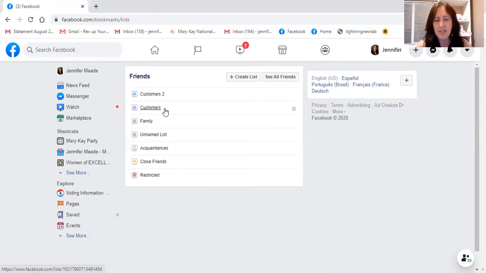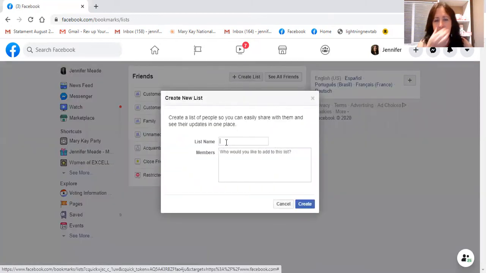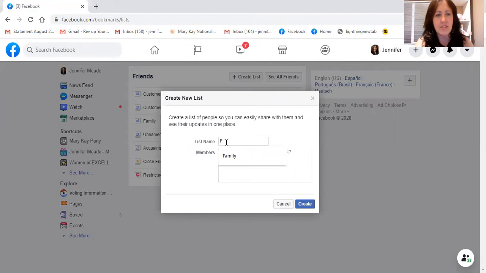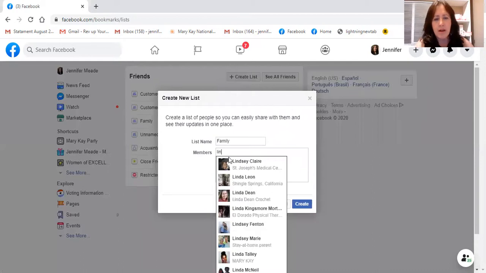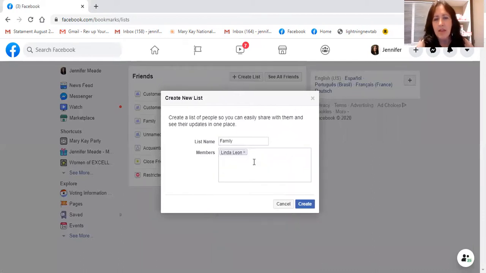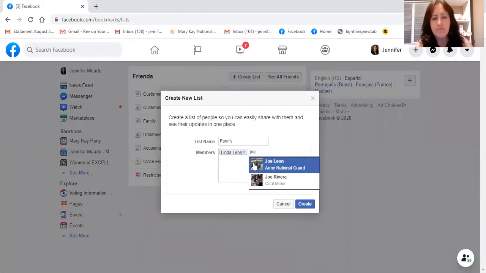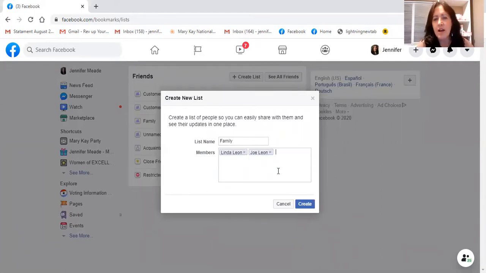So I created this customer list and this customer to list. So what you do is click create list, and you can name the list. I know I'm going to do one eventually that says family, even though there's a family in here, but anyway, it doesn't matter. And then you're going to click in here and type in all the family. So I got my mom, so I click mom in there, and then my brother. All those people can be in that list. And then when you click create,